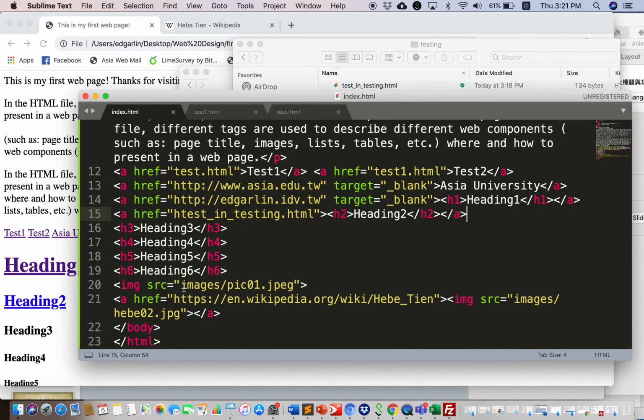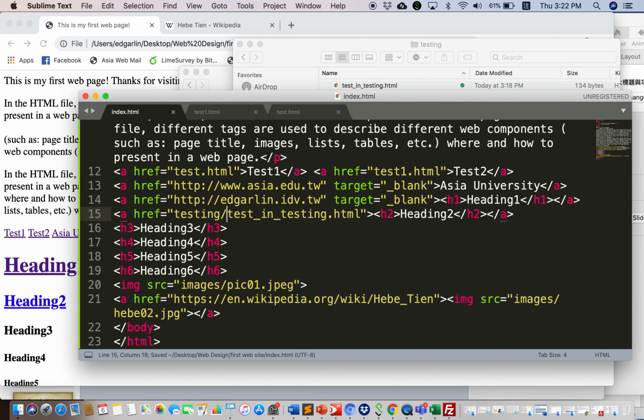So we need to write testing, the folder name here. Similar to the file assignment in the img tag, we need to give the full path of this file. But in most cases, the HTML files will be collected in the same folder, so we don't need to assign the subfolder. But if you put the HTML file in some particular subfolder, you need to